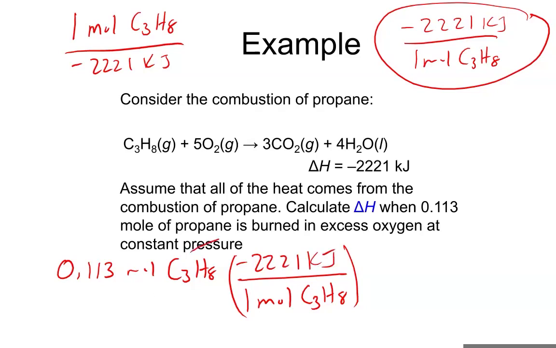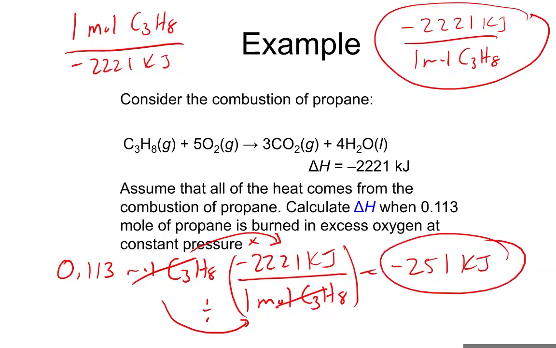This is dimensional analysis, as you hopefully remember. That is multiplying on top and dividing on the bottom, basically. That is going to get rid of our moles. And we would have 0.113 times minus 2221. Going to get us about minus 251 kilojoules of energy would be burned in this case, and it would be released